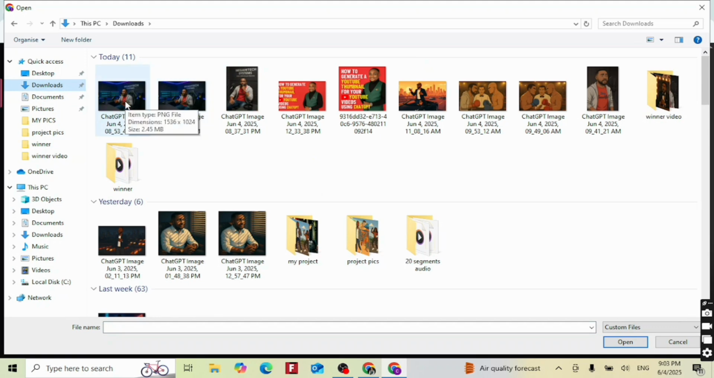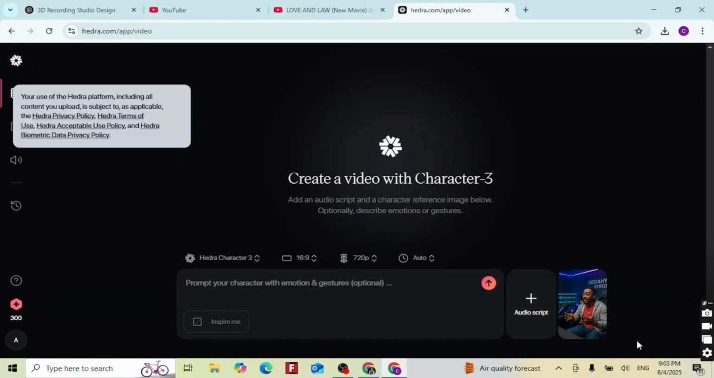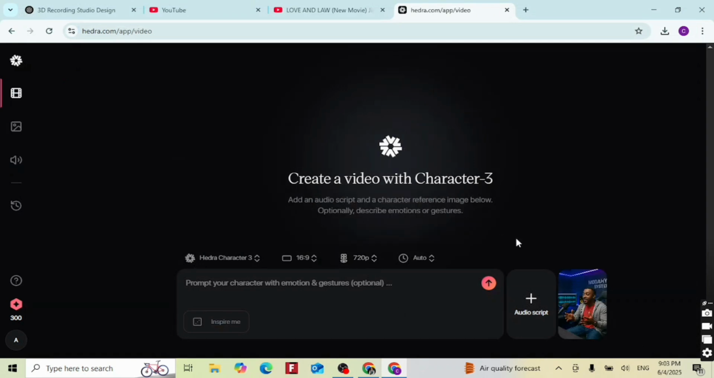I'm using this particular one. That's the one we generated from ChatGPT. Okay, then paste it there. Make sure it's on 720. Then you can give it a prompt, a man singing. Then when you're done, just go to the second plus to upload your